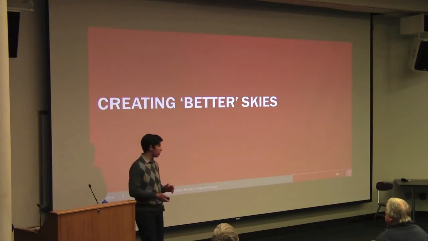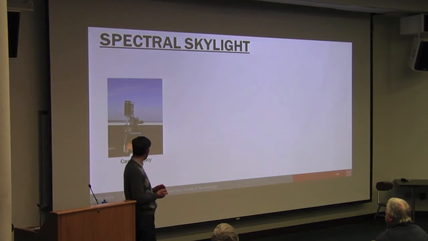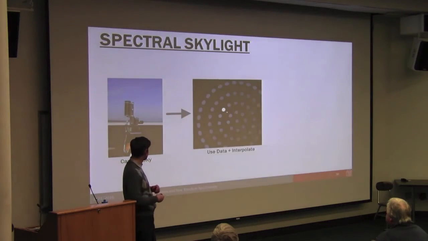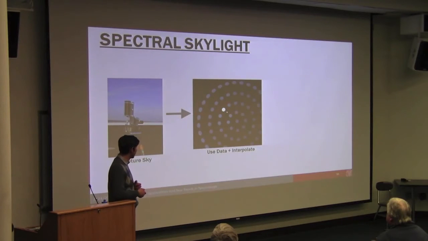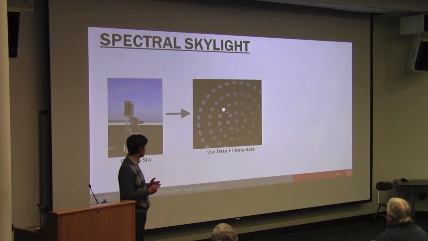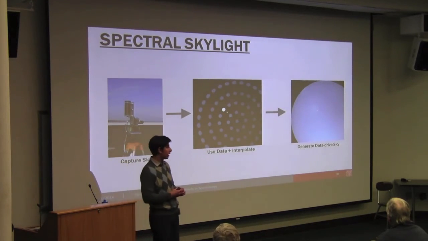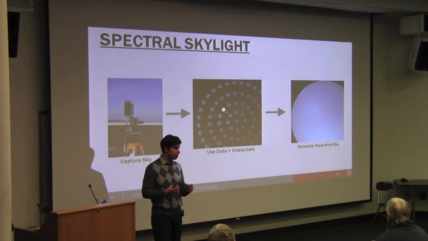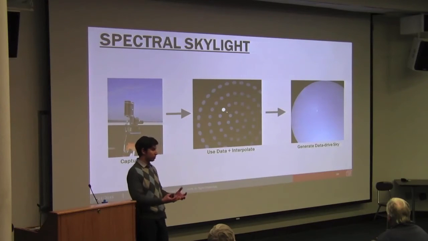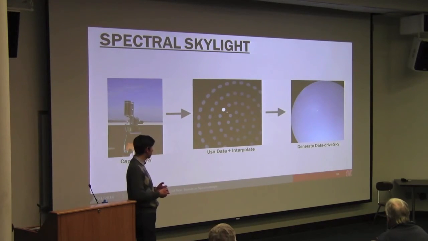It's not the focus of this talk, but what we do is we try to capture the sky with our device. We use this data to interpolate a whole bunch of points for the different samples that we have, and then interpolate in them to generate a data-driven sky. Once we have this data-driven sky, it's spectral across the entire hemisphere with this interpolation. So at any point I can point into this and see what that light is actually going to give me,